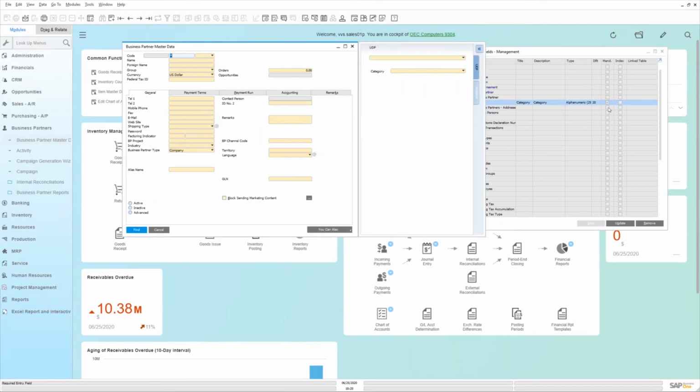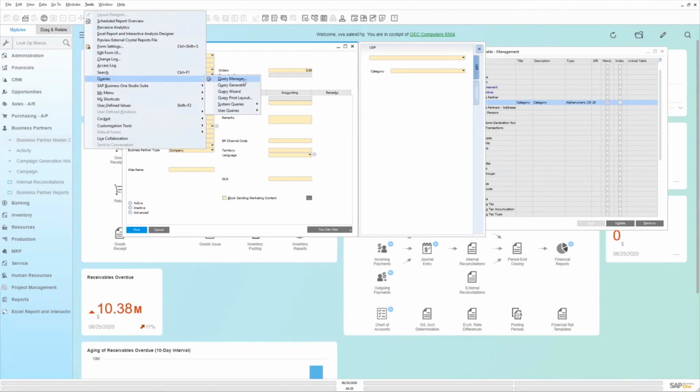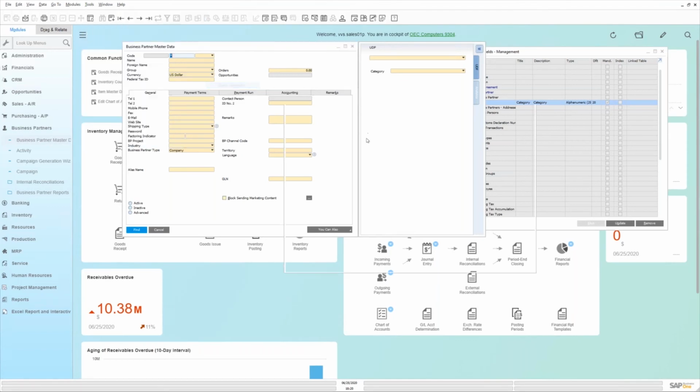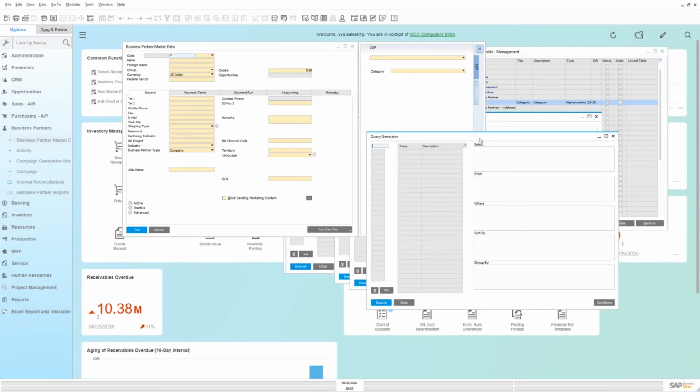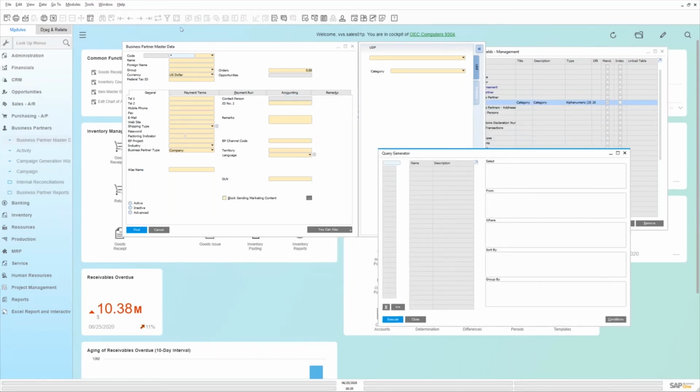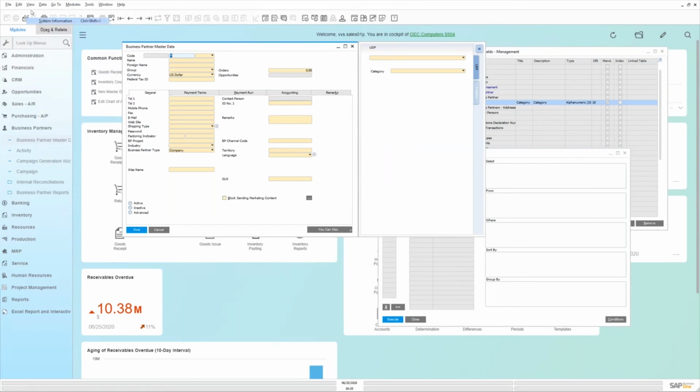If you are the kind of user that works more at the table level and you want to write a query or do something more sophisticated with this data, it is available to you on that table. So I'll just show you that quickly. If we go into queries and our query generator, and for those of you that maybe aren't familiar with this, if you want to know what table that is, click on the view and make sure that the system information is turned on. Then when I hover over this table, if you look at the very bottom left-hand corner of the screen, you can see in tiny little text, it says form 134, tells me the item, the pane, the variable,